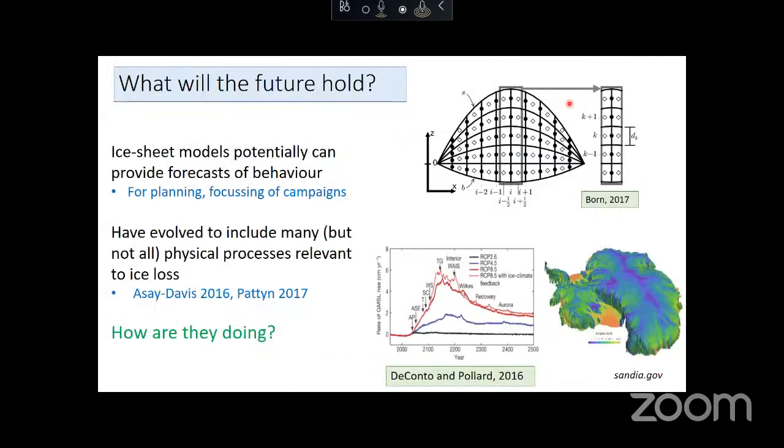So, as I said, we want to be able to know what these ice sheets, the Antarctic Ice Sheet and I guess the Greenland Ice Sheet as well, are going to do. We want to know how they're going to behave in the future in response to climate change. In response to basically nothing. How will they behave if climate change were to just stop tomorrow? We want to know this for purposes of planning, of mitigation, I would say for adaptation. Mitigation, perhaps, if we think that